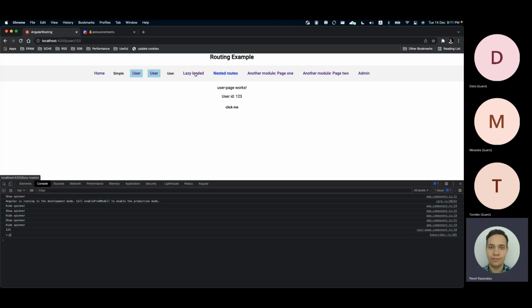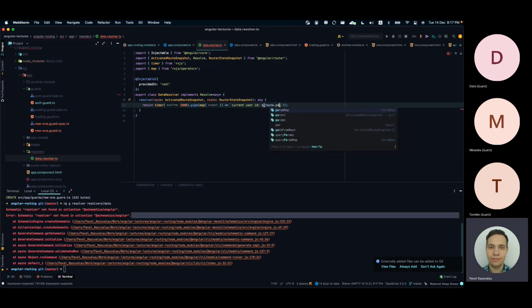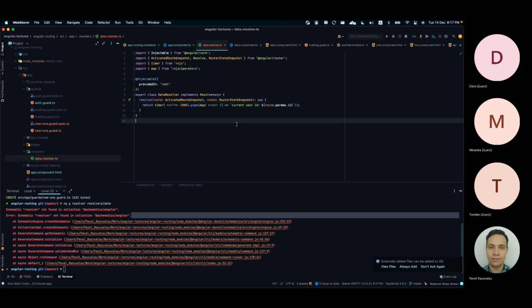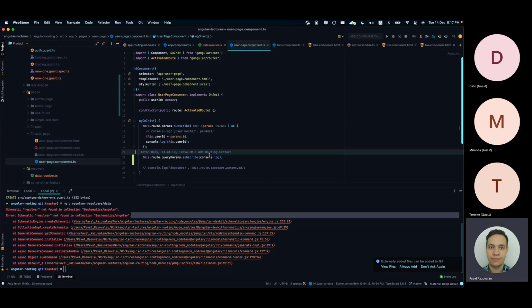So let's add some other data for it. Let's see it, current user ID. We want to pass the route params ID. Let's resolve the following string and access the route params. Okay, and within the user page, to access this data,